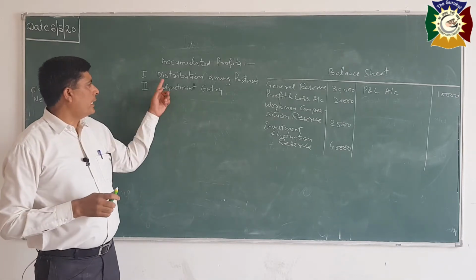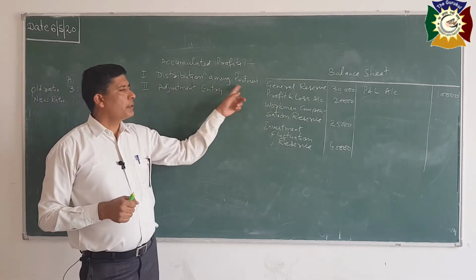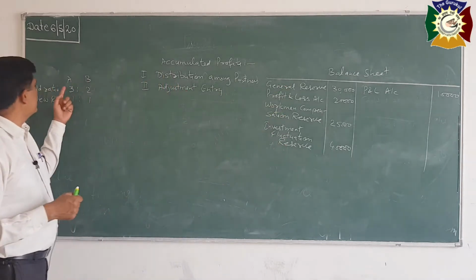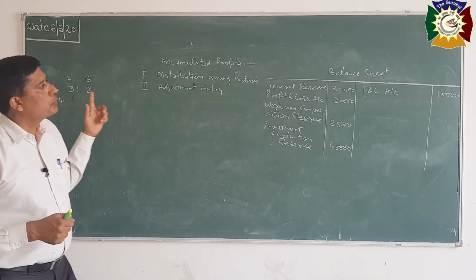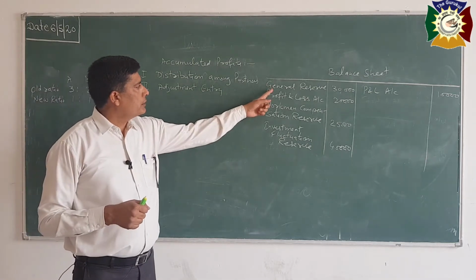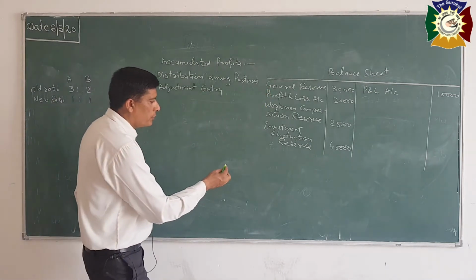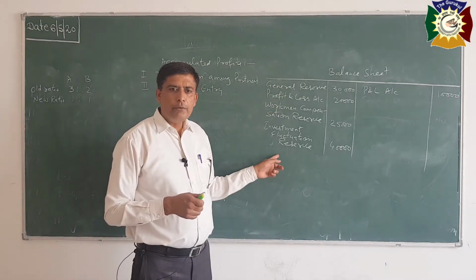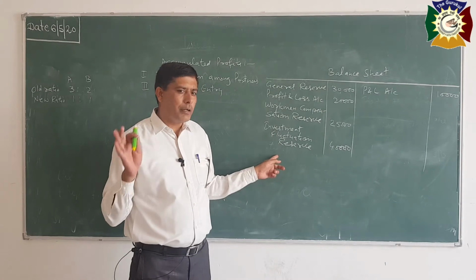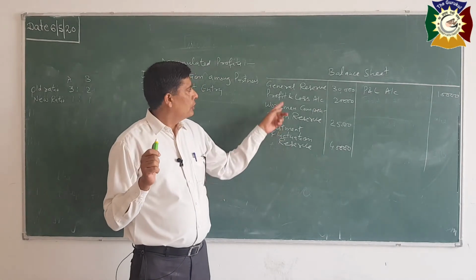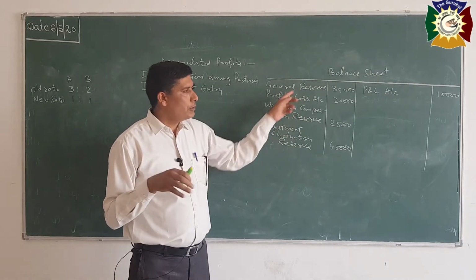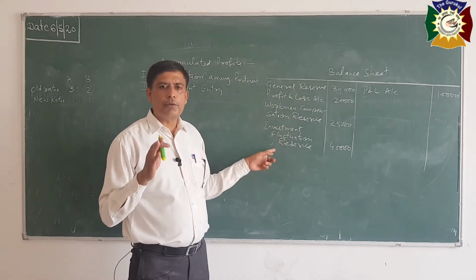So when we are using the first method, distribution among the partners, we will distribute all these profits in old profit sharing ratio, which is 3:2. For example, general reserve is 30,000. So entry for general reserve will be, these are the credit balances. And when these profits are distributed among the partners, we will transfer to their capital accounts, and this will be written off or eliminated from the books.